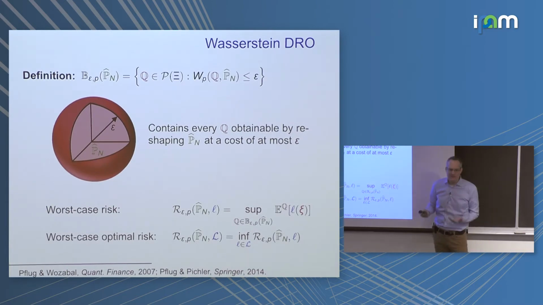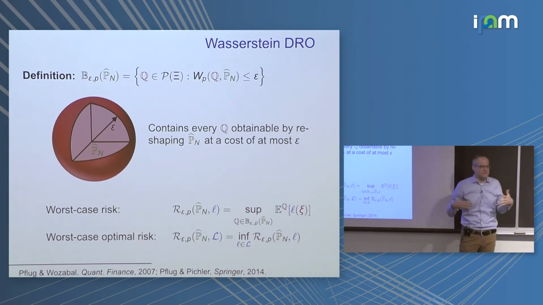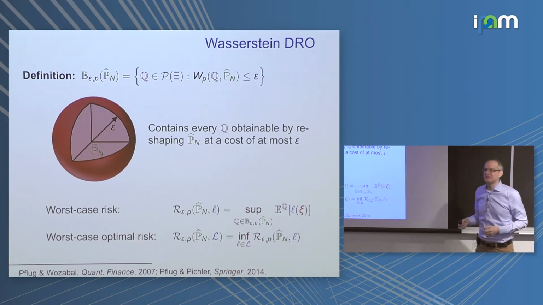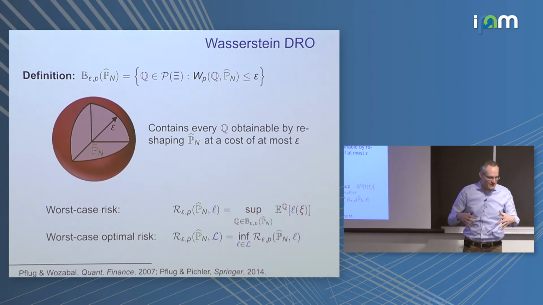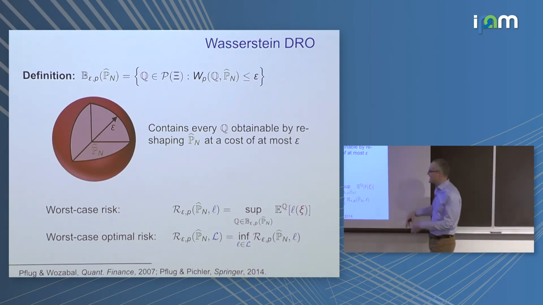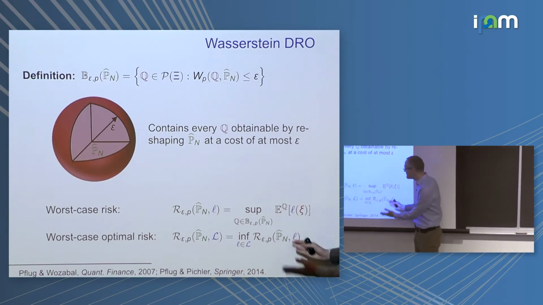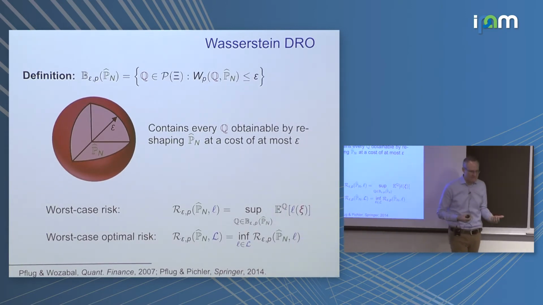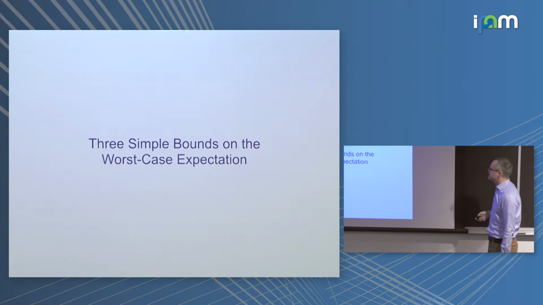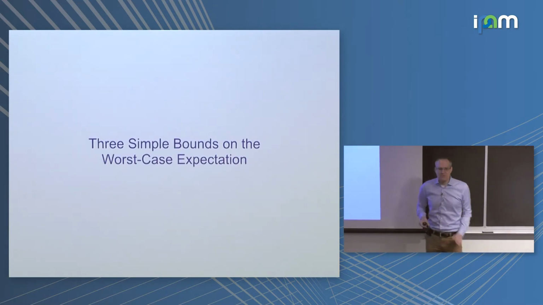So it is a zero-sum game where the decision maker first picks a decision, a loss function, and then some fictitious adversary or nature chooses a distribution in the Wasserstein ball with the goal to inflict maximum damage to us. So by preparing for the worst, we hope that we will make good decisions that generalize well. So that's the idea. So, question?